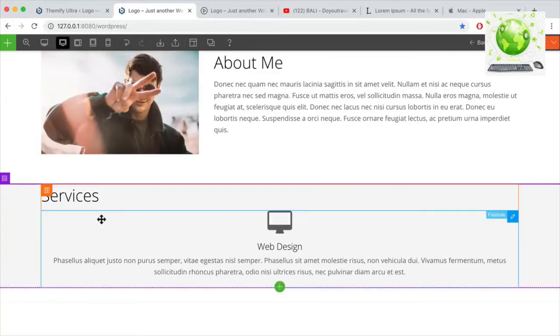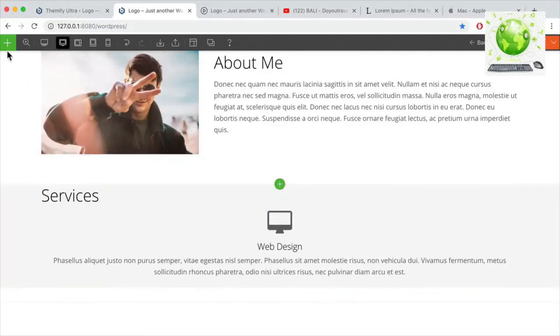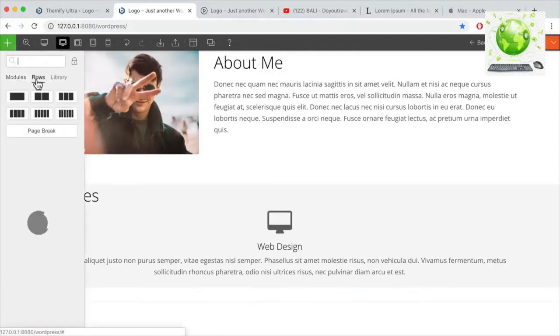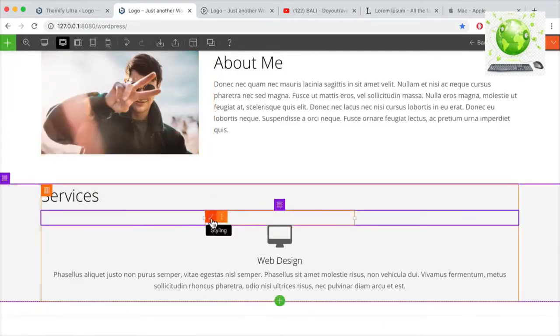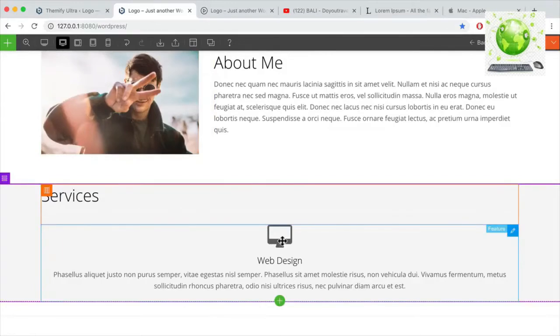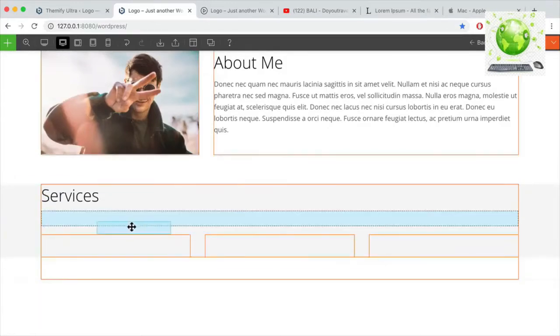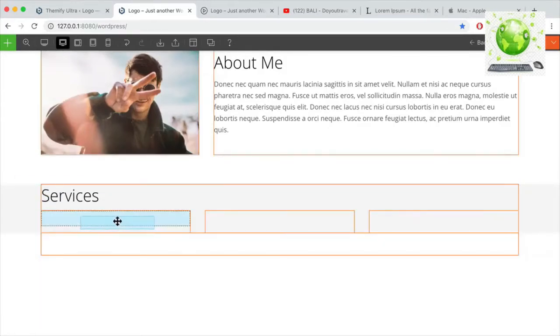All right, so let's just say I want to create 3 different sections, 3 different feature modules. So to do that, I sort of want to have 3 rows, right? So what you can do is hover over the green here and click on rows, and I'm going to select this one here. Okay, click it and drag it and put it below services. Once you've done that, then drag the featured module, click on it and put it into one of those columns,